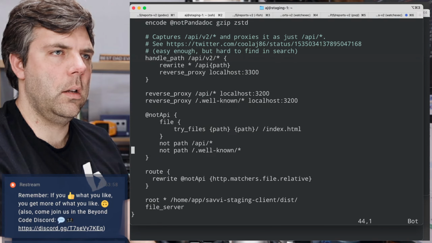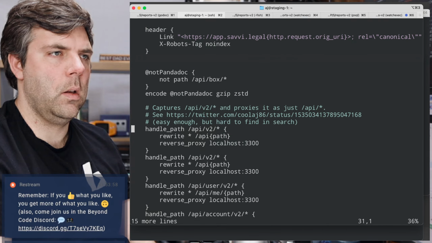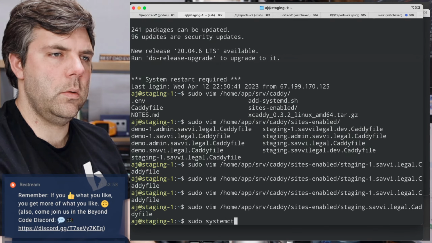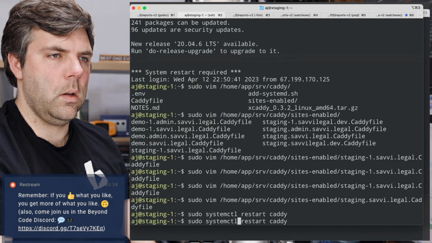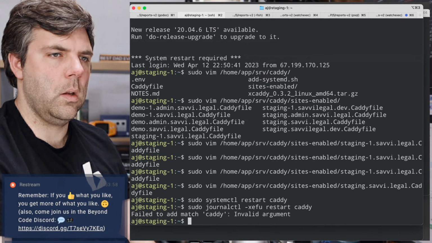For a quick sudo systemctl restart caddy. Whoops. Okay, good.